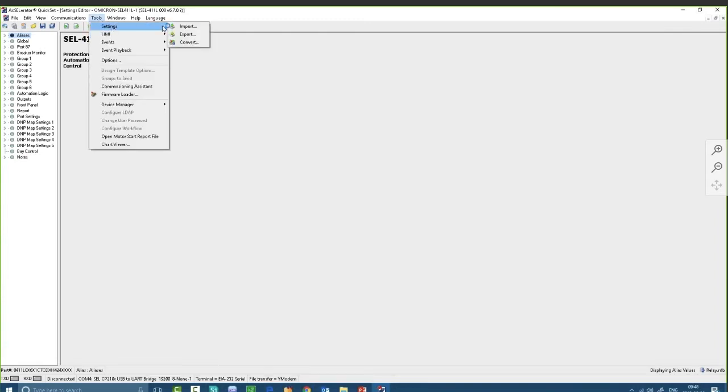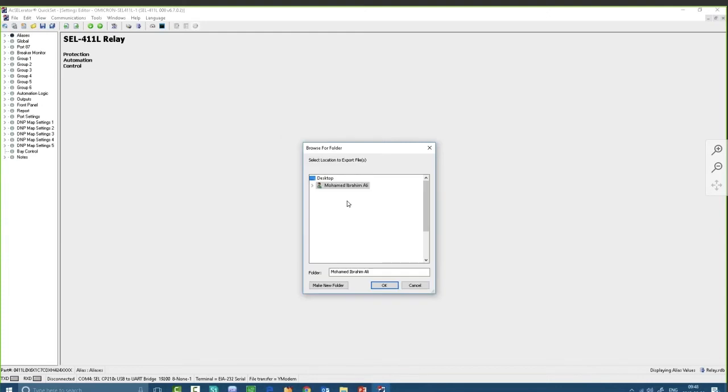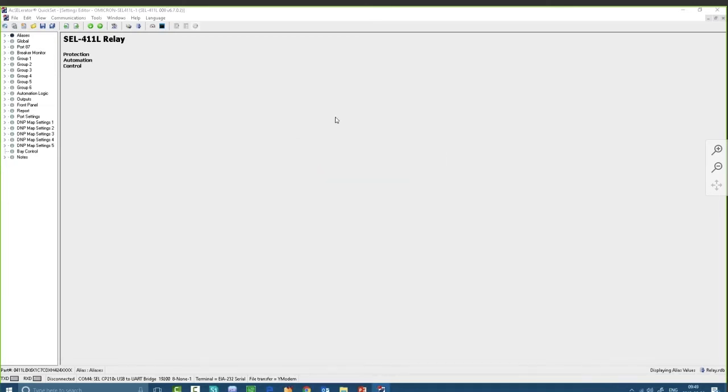Tools, Setting, Export. But here we have one trick because we have a lot of setting groups. I need to select them all. Once I select all, each will be a separate text file. Because of that, I need to create one folder. For example, on the desktop, I will create a new folder. This will be SEL setting, for example. And once I rename it, I will select it. Okay. And now it's exported. Now we finish SEL. I will open now GE